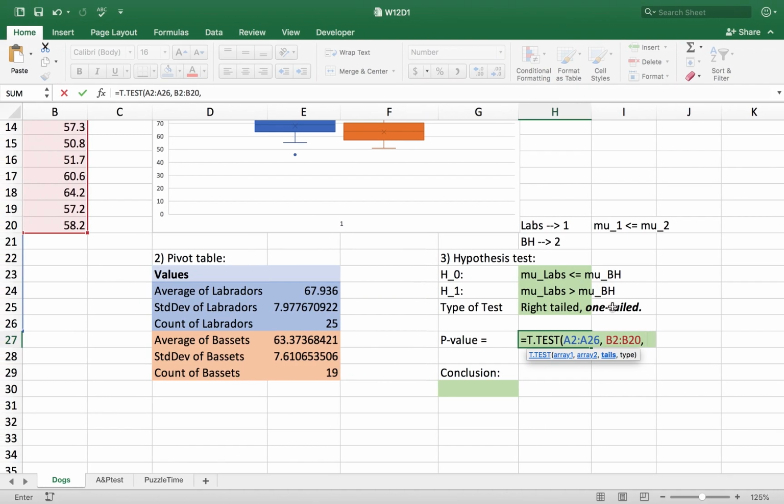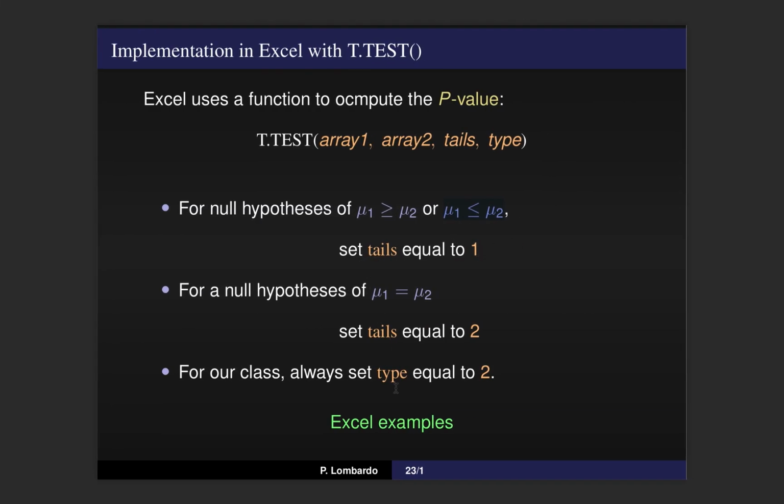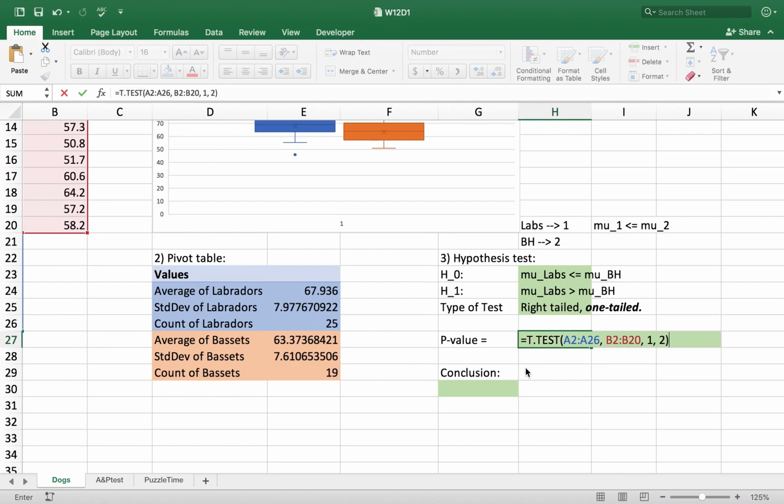All right. Again, based on the type of test, this is one-tailed. Our tails argument is going to equal 1, according to our slides. In type, we always said equal to 2. Now what this does is it takes our two pieces of data, it computes sample means, sample standard deviations, the two individual counts, and it converts all of this information to a single t-distribution and then computes the p-value